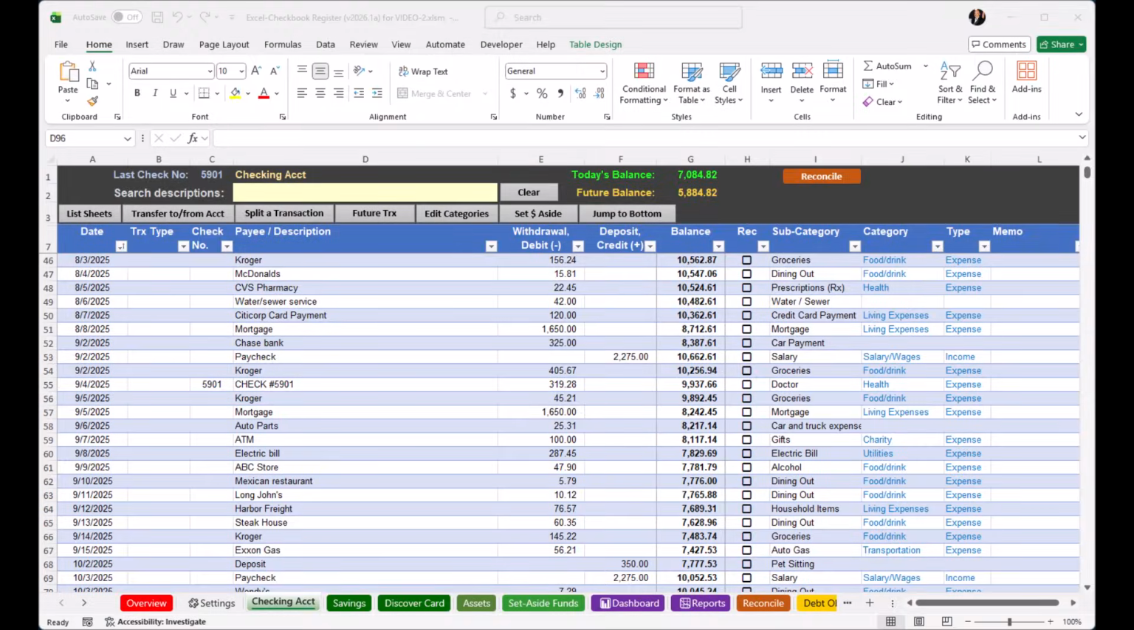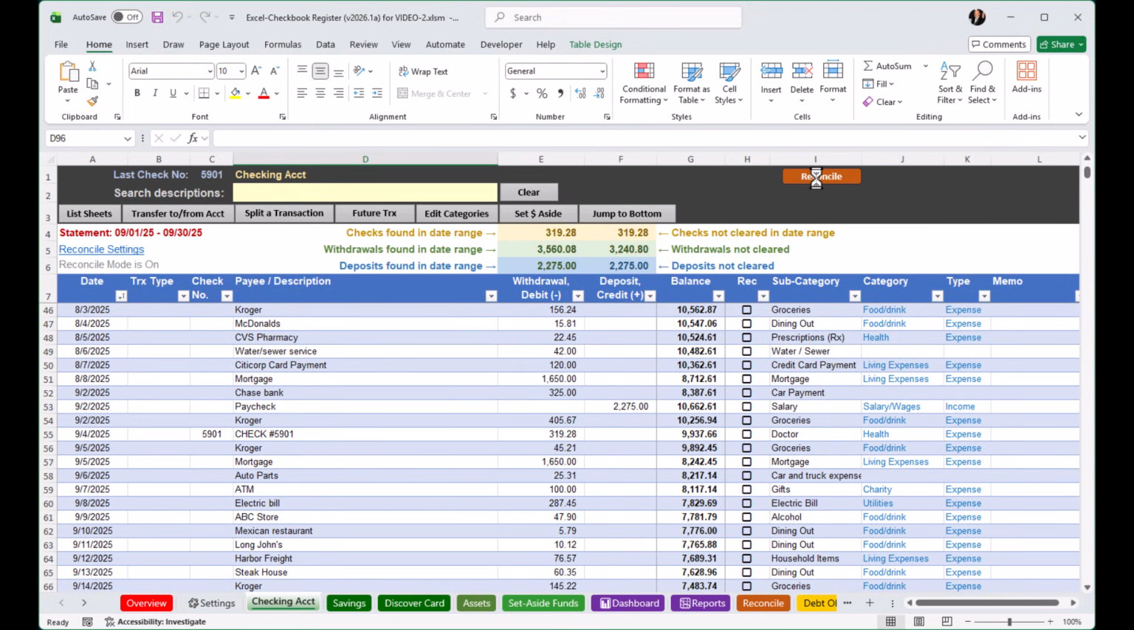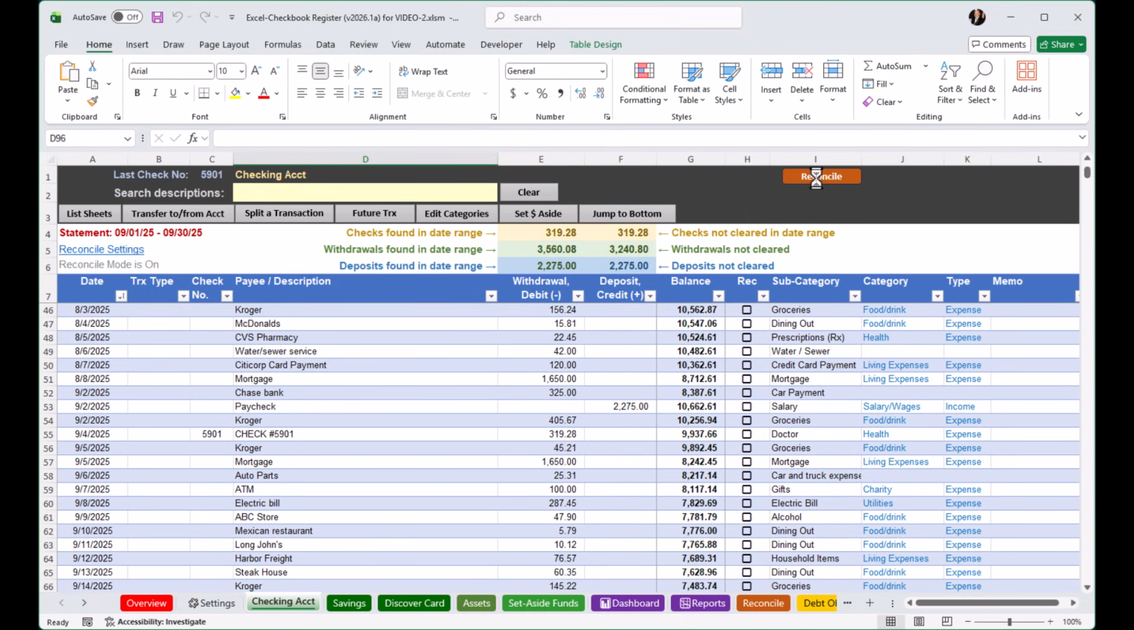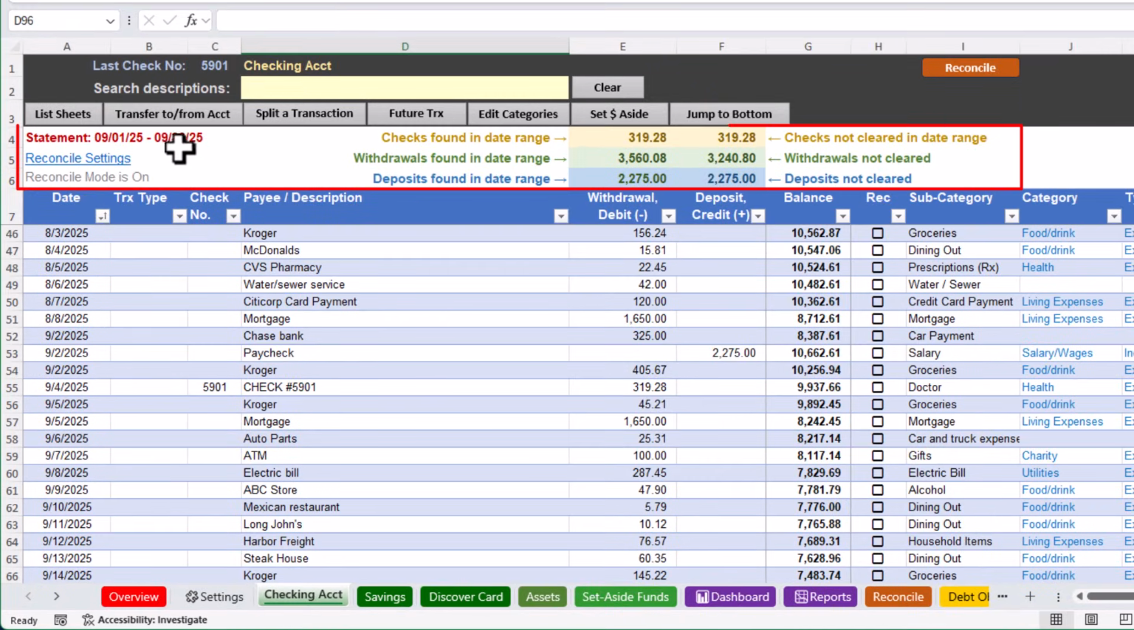Monthly bank statement reconciliation is another feature within the checkbook. For any of the register worksheets that you have, you'll find a button here at the top for reconcile. When you click that button, it's a toggle on and off. So if I click it again, you'll see that collapse. But activating this reconciliation feature will expose these extra lines that will help you as you are doing a monthly